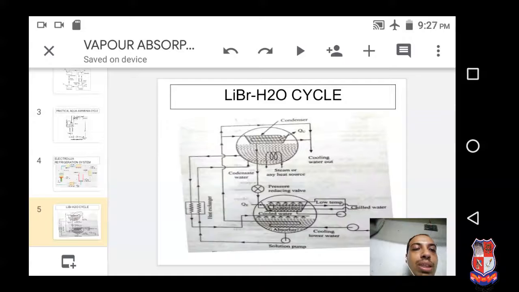The sprayed water is evaporated. Now this evaporated water vapor is mixed with the lithium bromide solution below. Here in the absorber lithium bromide is available, so when the evaporator generates water vapor, it will be mixed with the lithium bromide. Now this lithium bromide